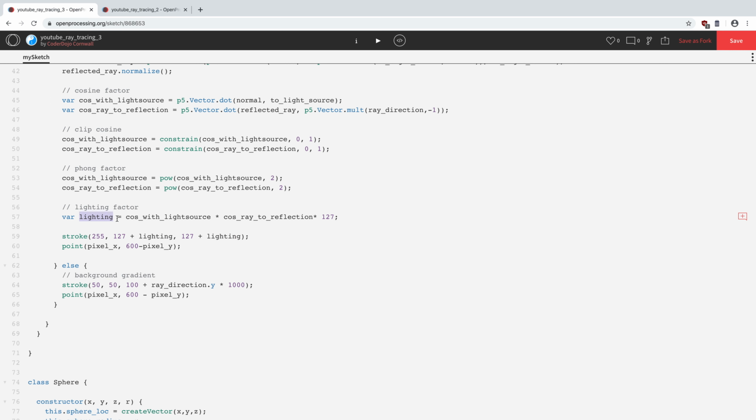And you remember the lighting factor was dependent on whether that surface was pointing towards the light or not, and whether the reflected ray was coming towards us or not. Now this, having thought about it, the values in this red, green and blue combination are quite high already, so I'm going to lower them so that they change like this. Now remember, lighting goes from 0 to 127, that was our factor here, because these are cosine factors